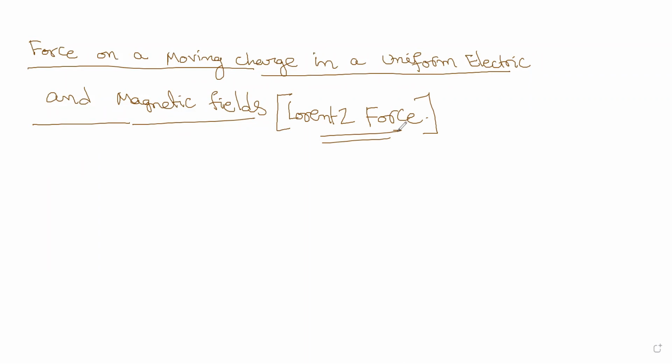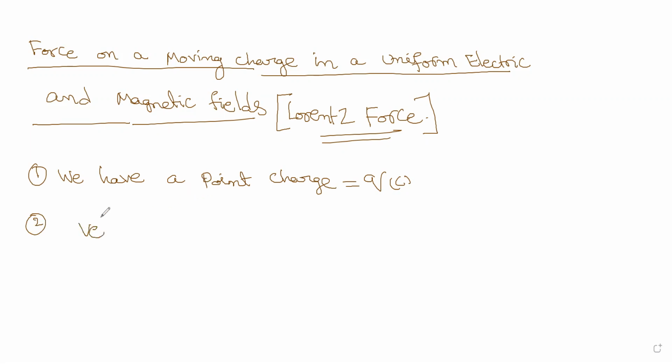So here we go. Now the first part is, we have a point charge of Q coulombs. We are running out of time, so I'll give the basics and I will close this and again we will come back. It is having a velocity of v. Q is the charge, velocity v meter second inverse.